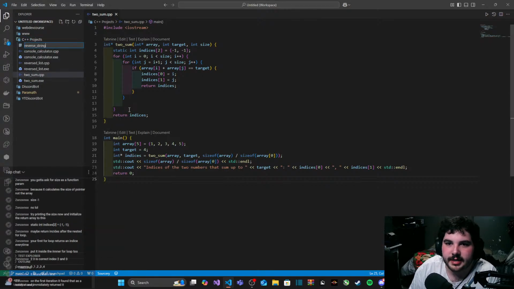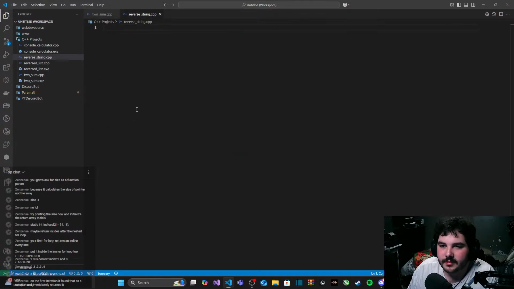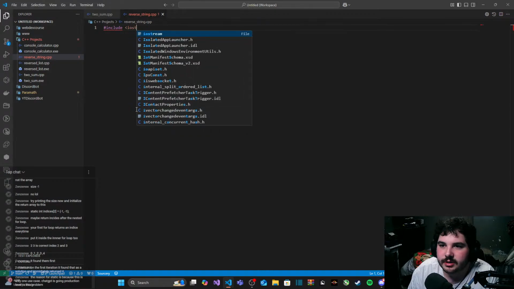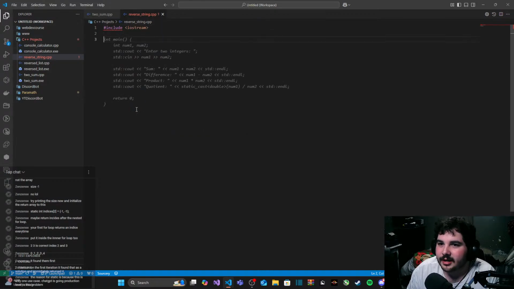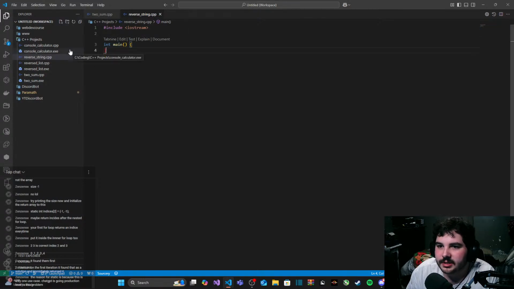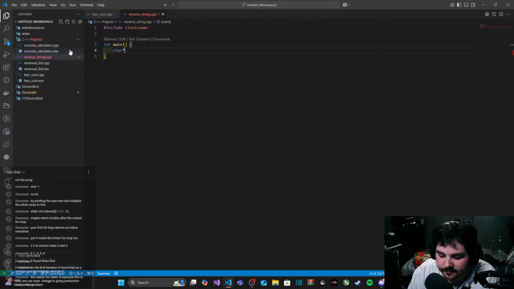Reverse string. Okay, so include iostream. Now, I'm gonna do this with just an array of characters. So therefore, char string is equal to hello world.